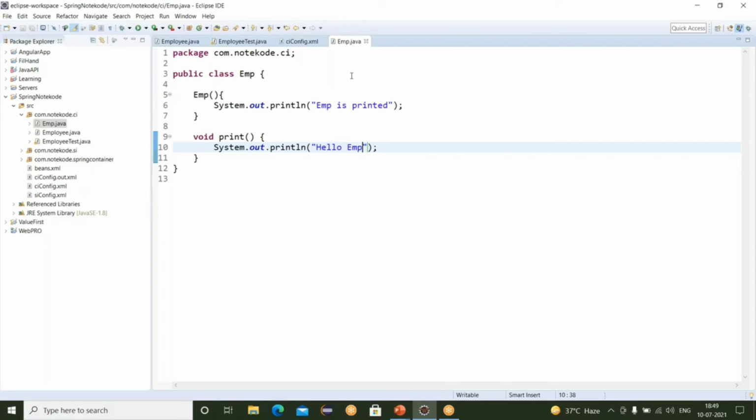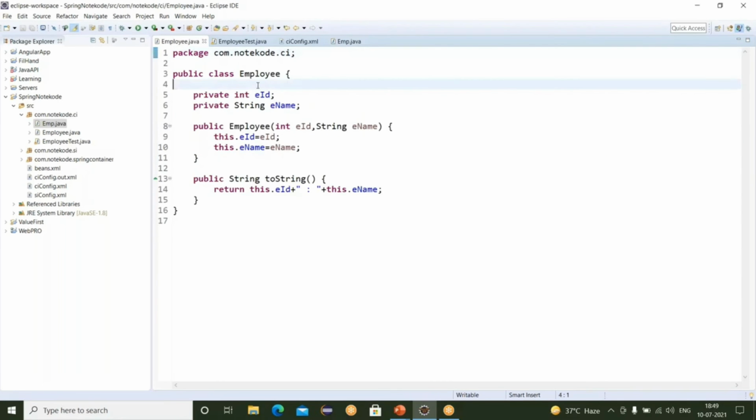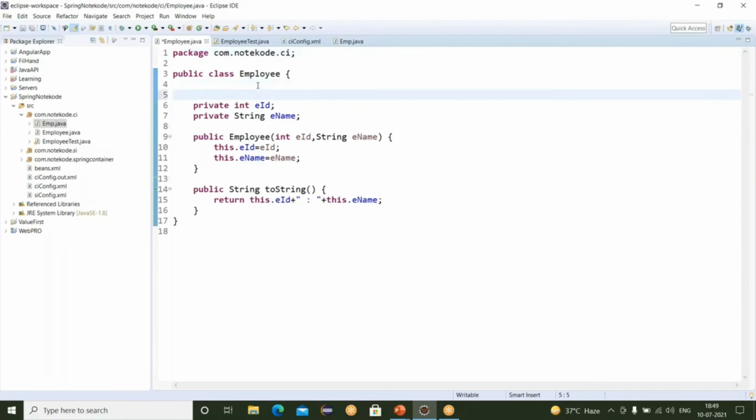Now what do we have to do? Just create an instance of this class in the Employee class. So just write the variable of EMP type, let's say emp, and now we have to create the getter and setter for this variable.